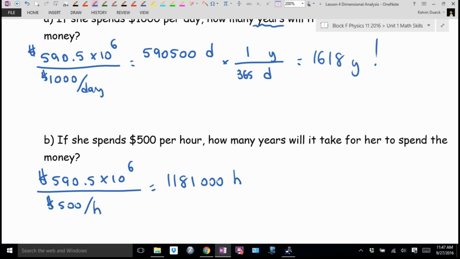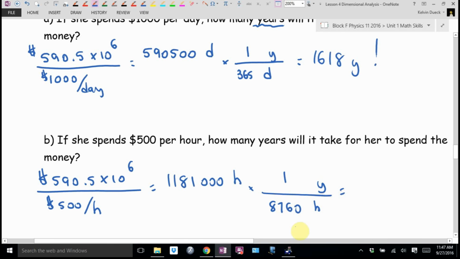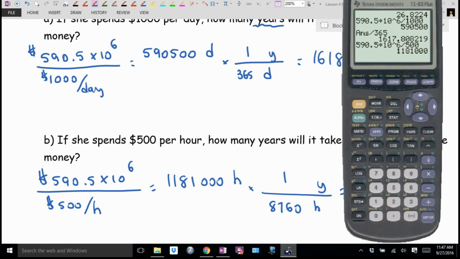Can someone double check? We can get the hours to cancel. And what was it? 1 year is how many hours? 8,700. Okay. If you're spending $500 an hour, 24 hours a day, not sleeping,